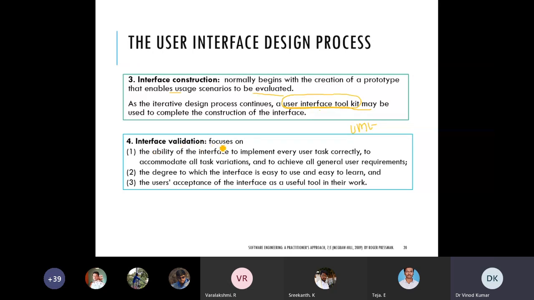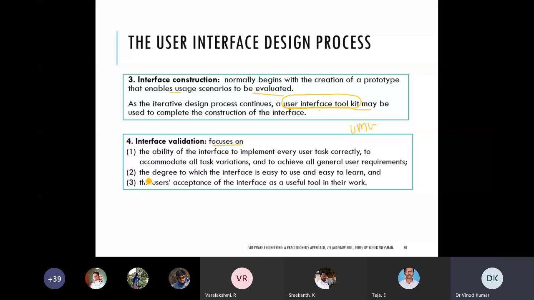Then the final step is the interface validation. Whatever you build, you need to validate whether it is working for the particular task that we intended and designed it for. Each thing you have to validate.